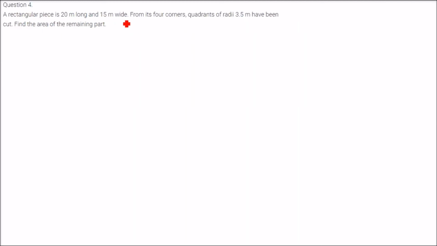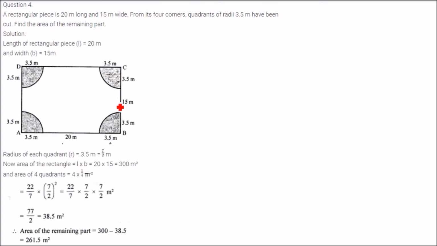A rectangular piece is 20 meter long and 15 meter wide. From its four corners, quadrants of radii this much meter has been cut. Find the area of the remaining part. So here, if you see, we have a rectangular piece, and therefore 1, 2, 3, and 4 quadrants has been cut off. But if you see this quadrant, because they are having the same radius,